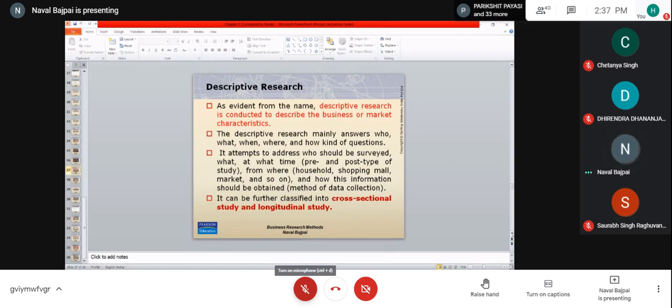Now, for PhD and PG classes, we do not conduct exploratory research. Our research is not even descriptive research. Our research is conclusive research. Exploratory research is for the sake of exploration. Descriptive research is for describing, so descriptive research is going to answer everything other than why. The why part of the question, the why part of the problem, is cause and effect.